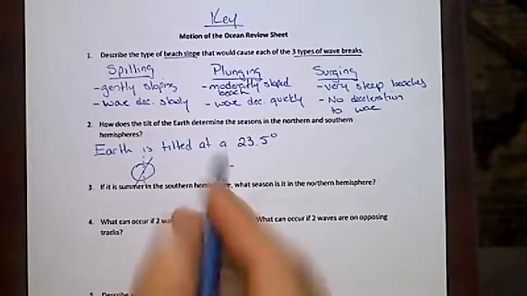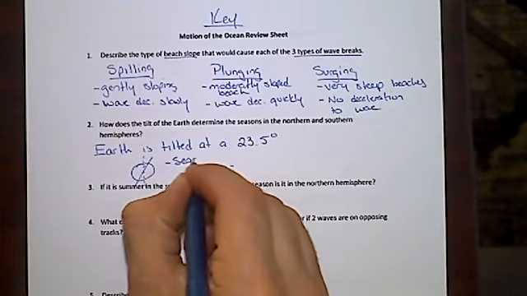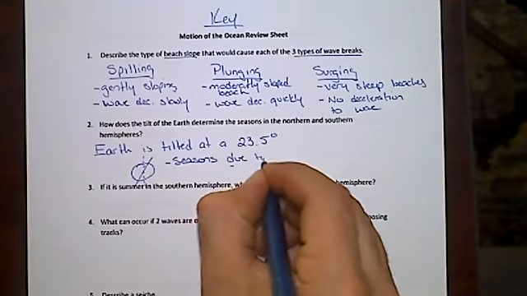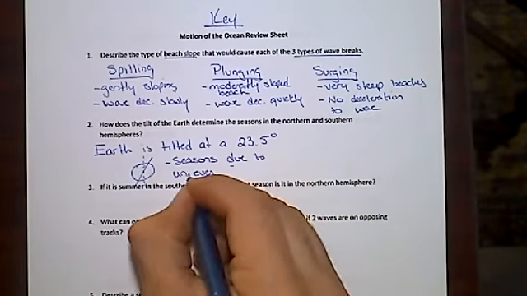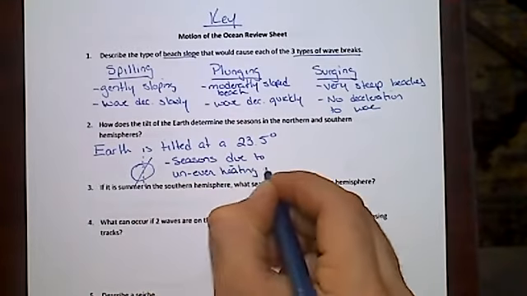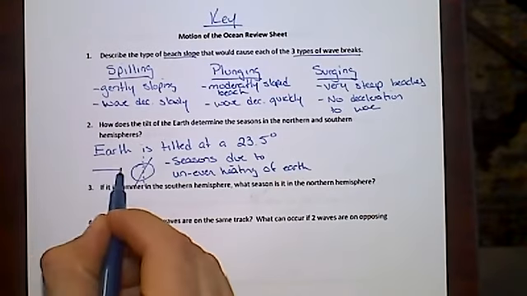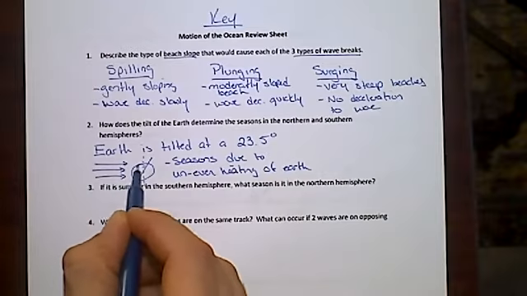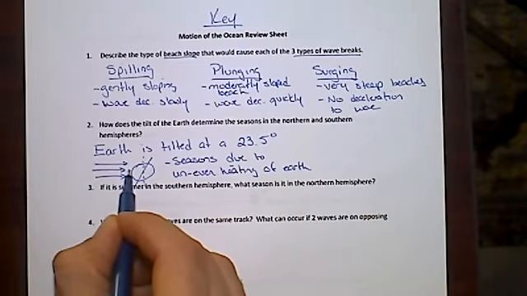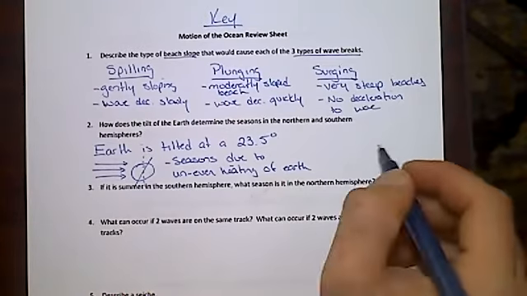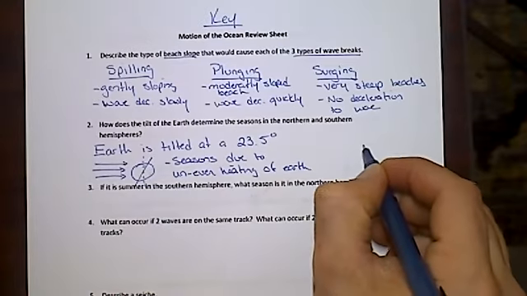Now, looking at this, how does this give us seasons? Well, it is due to the uneven heating of Earth. When the sun shines, it is glancing off at the poles and hitting more directly near the equator, near the Tropic of Cancer and the Tropic of Capricorn. The reason we also have our seasons is that if we have the sun right in the middle,